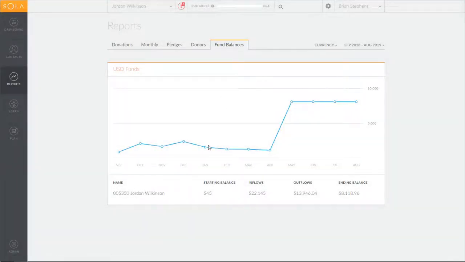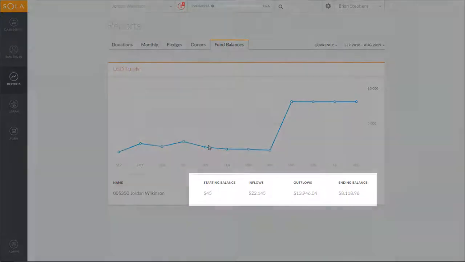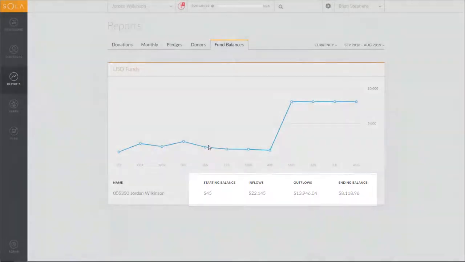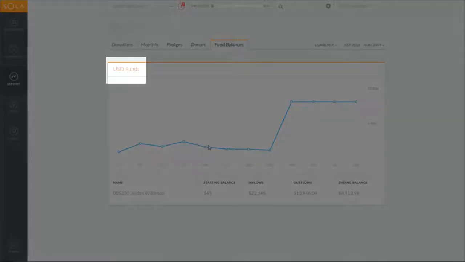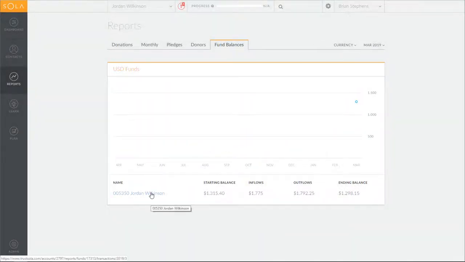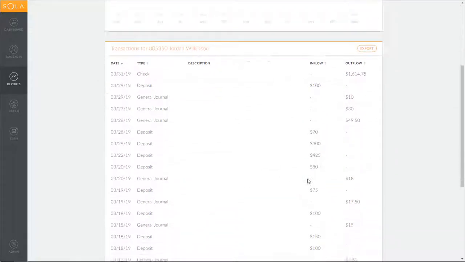The last tab is the fund balance. On this tab, you will see all funds that are connected to this specific account. You will see a starting balance, the inflows and outflows, as well as the ending balance. If you have multiple funds over multiple currencies, you will see these funds in separate sections and in the currency of that fund. If you click on a specific fund name, you can see a list of all the transactions